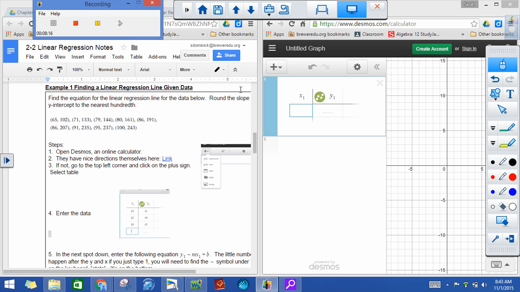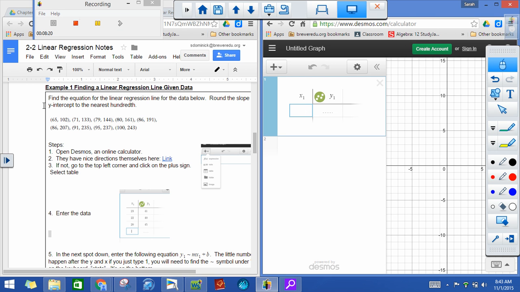And I'm just going to plug that in to the table here. So 65, 102, remember your x values come first. 71, 133, 79, 144,